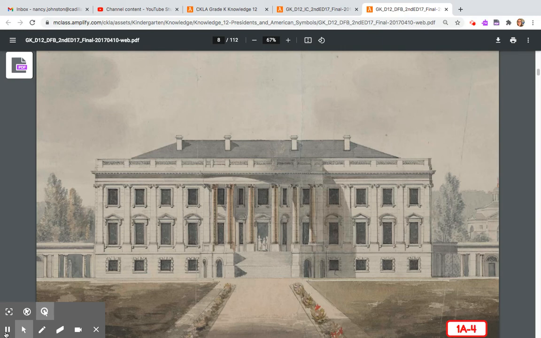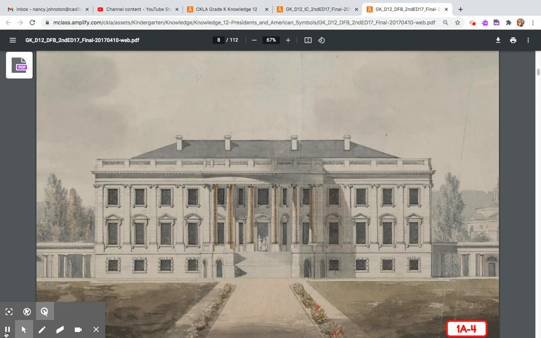This city was to be called Washington, in honor of George Washington, our first president. Eventually, Washington grew into the area we now call the District of Columbia, or Washington, D.C.